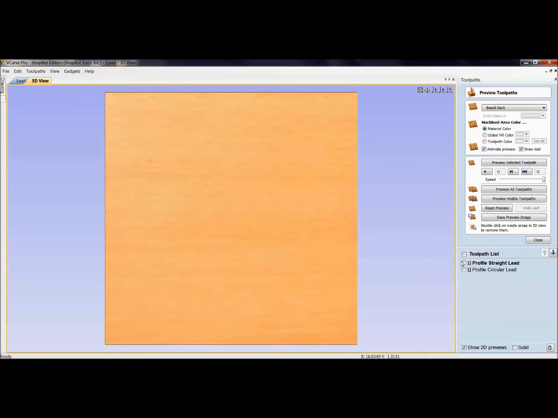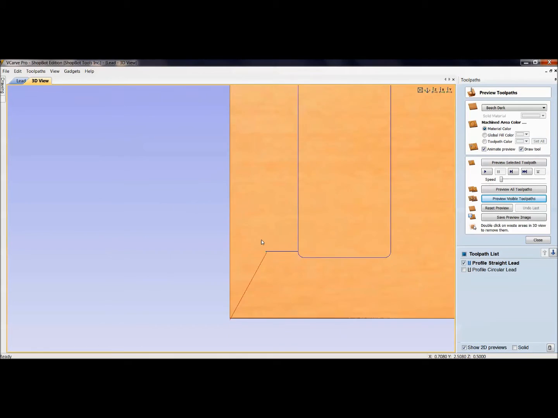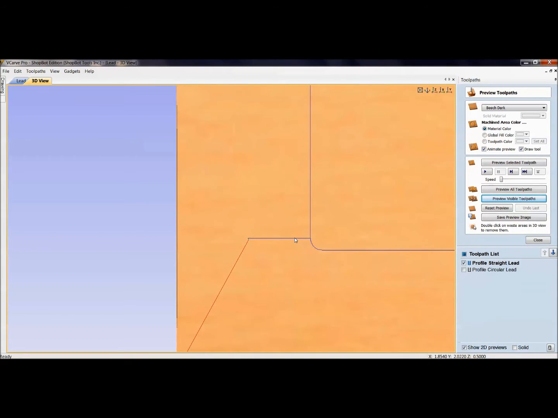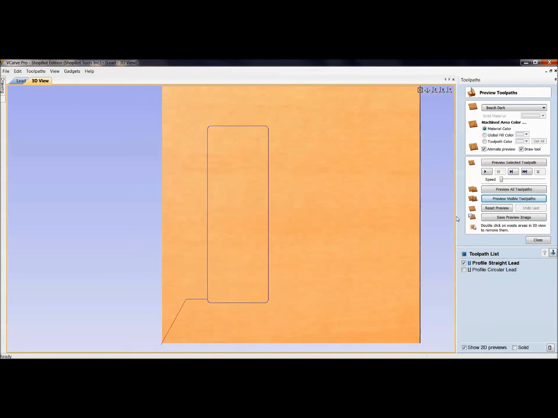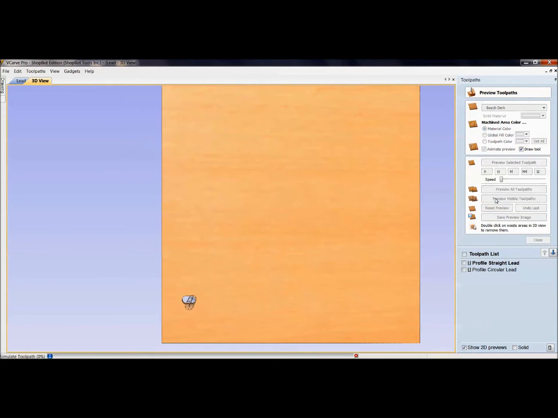So let me calculate this one. I'll turn down the preview speed, and what you can see on this guy is it's going to preview this lead. See, this is a line that wasn't even on our 2D drawing. That's the line that we gave with that lead option added on. So if I go to preview this, it's going to start right there. Preview visible toolpath. See how it starts out away from your part, now gets into the cutting of your part,